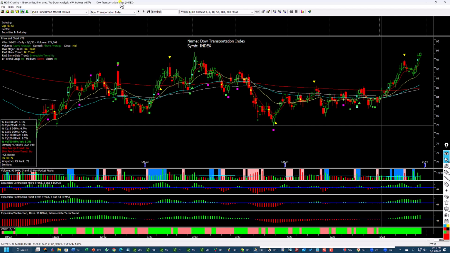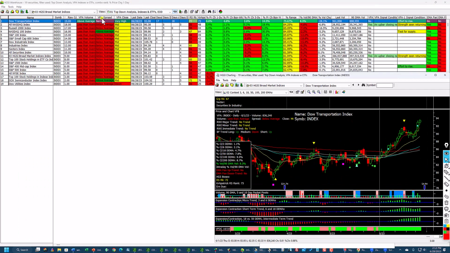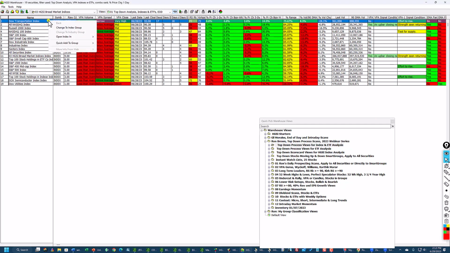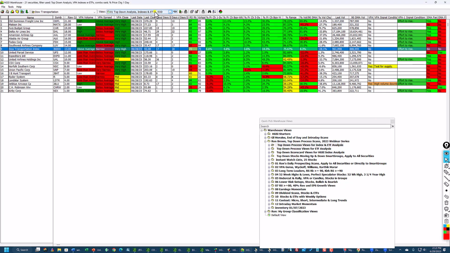That's why I continually harp on using those columns to see where the indexes, stocks, ETFs, what their status is compared relative to the 3 and the 6, and also the volume point of control. So right here is when the transports started moving, and they had a little pullback, but they haven't really looked back. Now, from these indices where it says index, I know I can just change and go down one level,